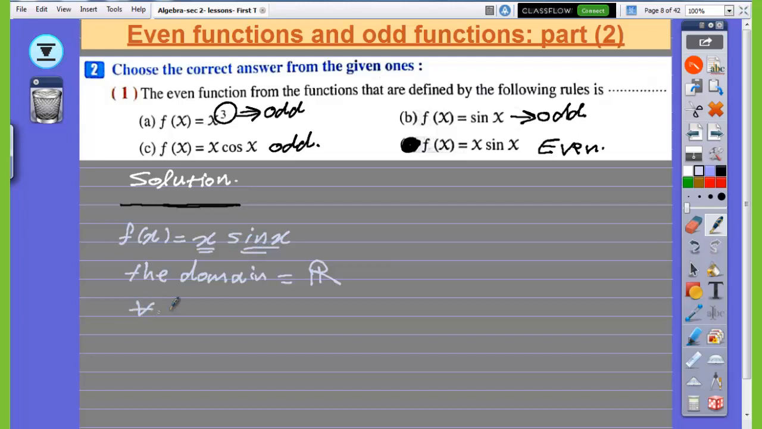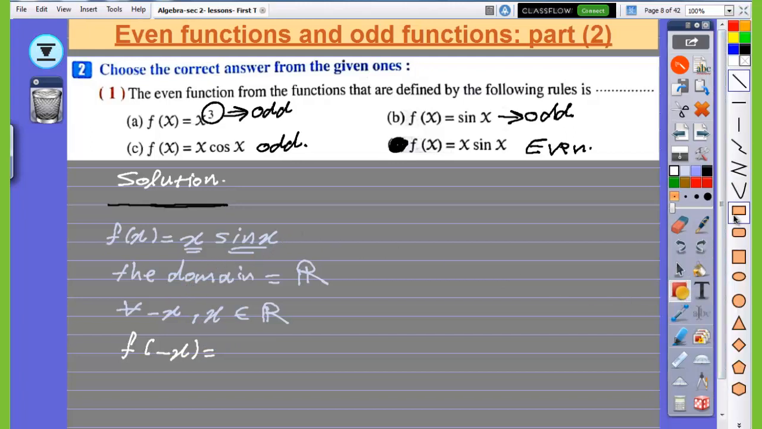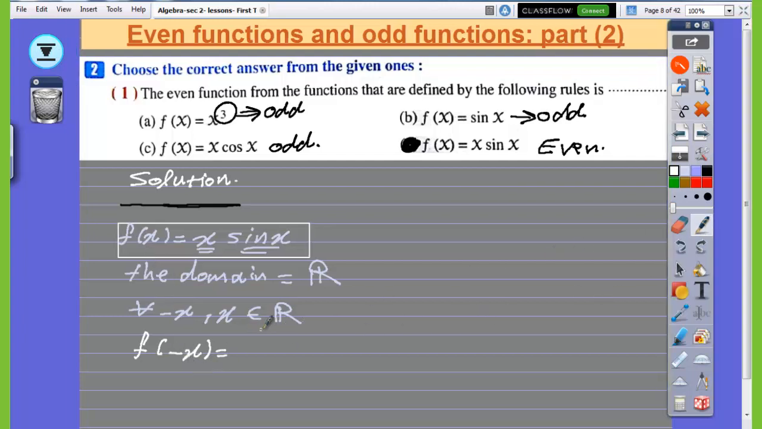And for every negative x and x belongs to the domain, we have f of negative x equals, substituting x equals negative x in the main function here, substituting x equals negative x, so it is equal, instead of x we write negative x multiply sine negative x,